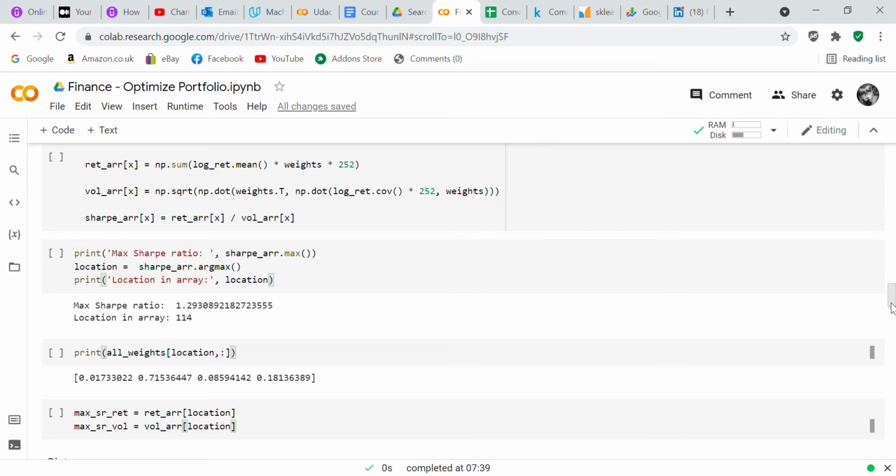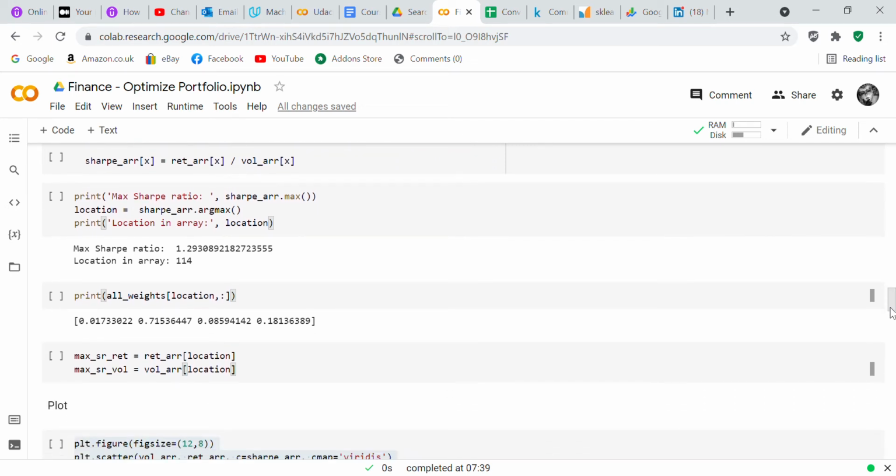So we had the max Sharpe ratio was 1.2930892182723555. The location in the array was 114. So what we're going to do is print out the weights at that location in the array. You print all_weights[location,:]. The weights for these 4 stocks are 0.017, 0.715, 0.0859,